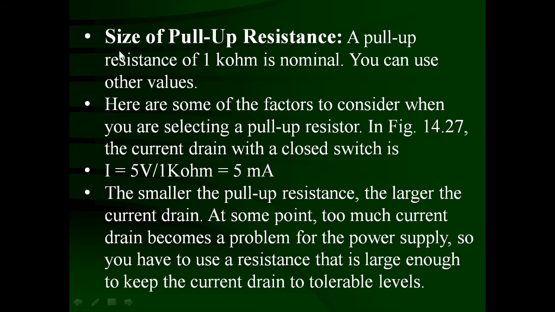So this way we have to compromise between these two things: the power drain from the power supply should be at an acceptable level, so the size of the pull-up resistance should not be too large, so that the power drain is going to be saved. That is going to be decreased, but simultaneously the speed of operation is also decreased, and hence normally a pull-up resistance between 1 kilo ohms and 10 kilo ohms is generally taken.